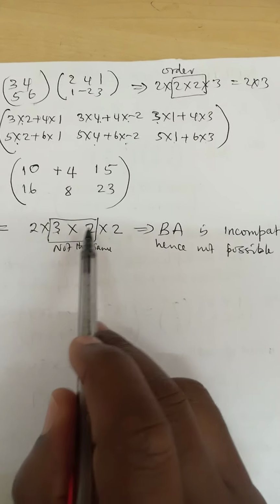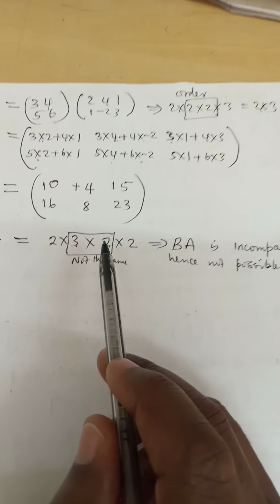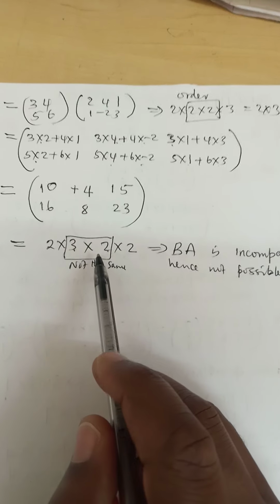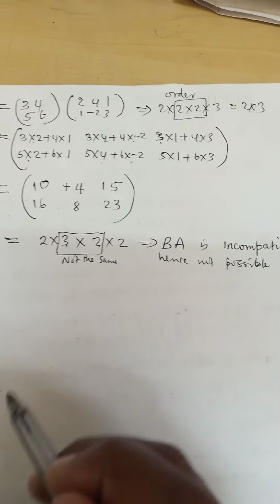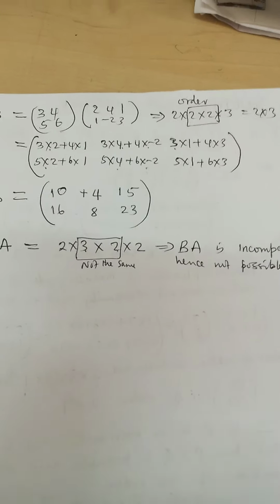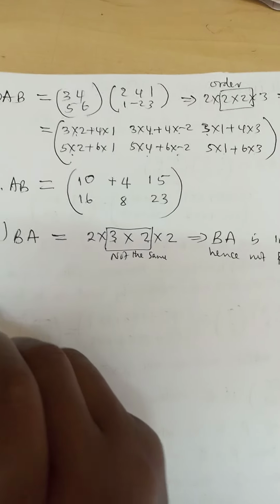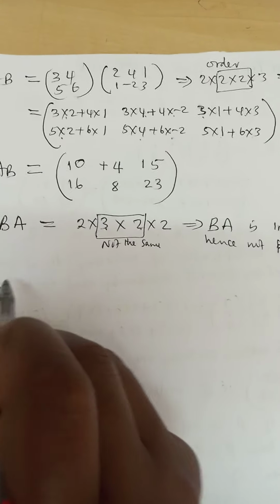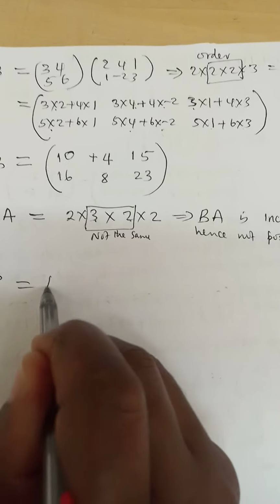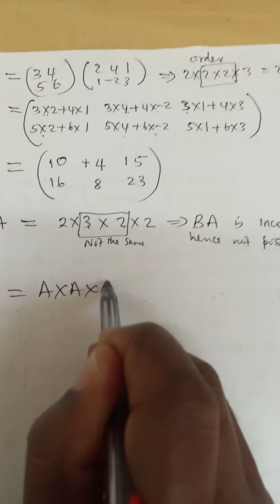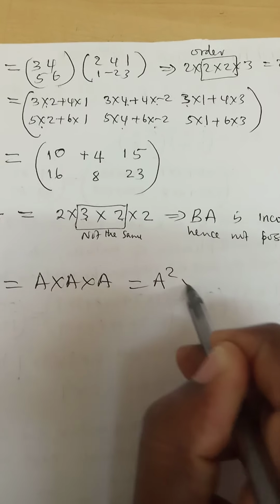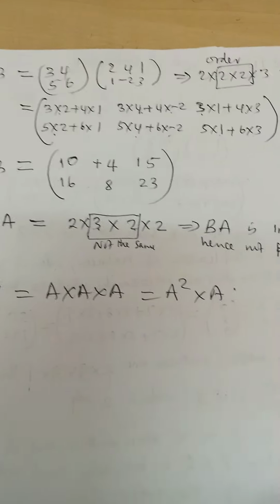If the interior part of the orders is different, candidates or other students following this lesson should note that that multiplication will be impossible. They can also give you to find, say, A cubed. You should know that this is A times A times A. And this is the same as A squared, therefore, times A. Why? Because